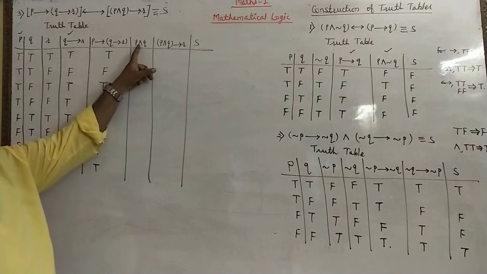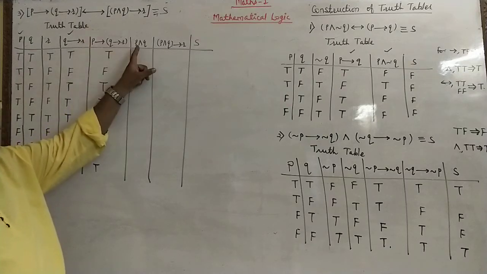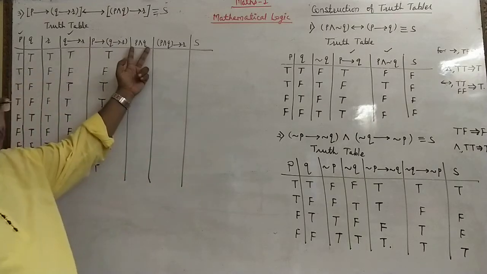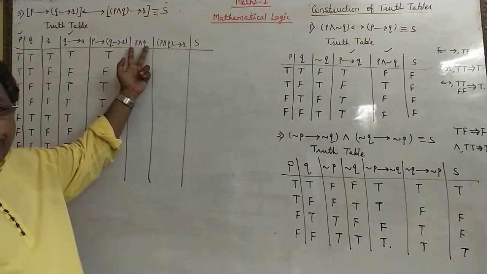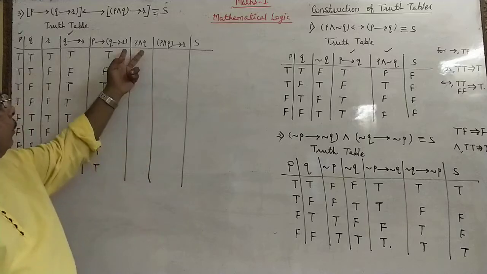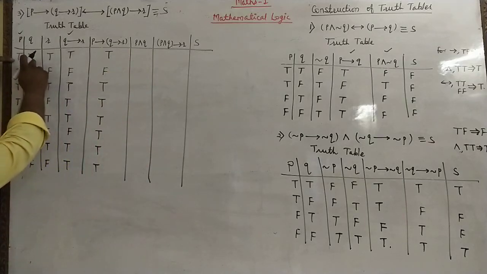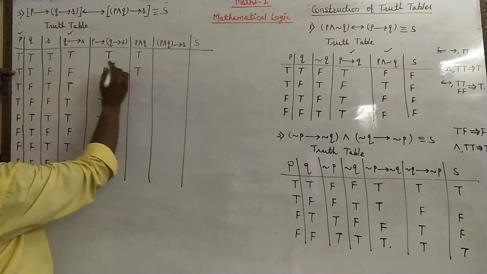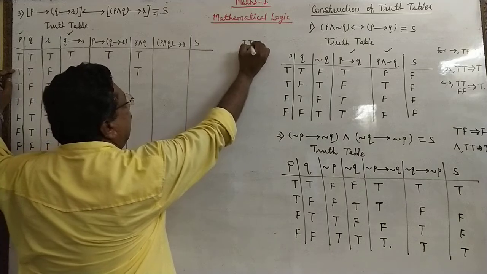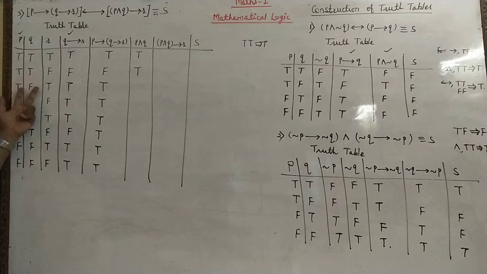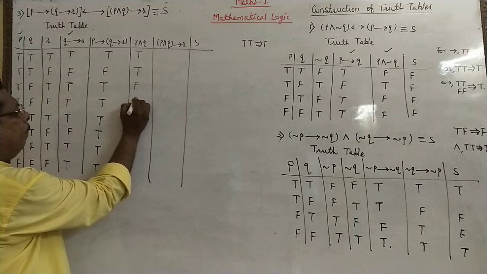Next column P and Q. What is the condition for the first connective and? Required condition is if P is true as well as Q is true, then their conjunction P and Q is true. It means both the statements are true, then their conjunction is true. Now check whether this condition is satisfied. First one is satisfied, T, T, T. Second also T, T, T for the first connective and. First satisfied, second satisfied, then remaining are false.